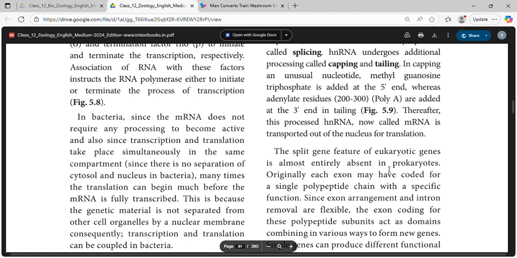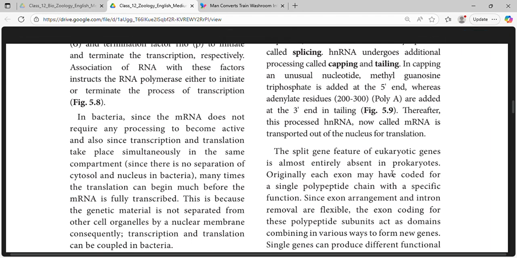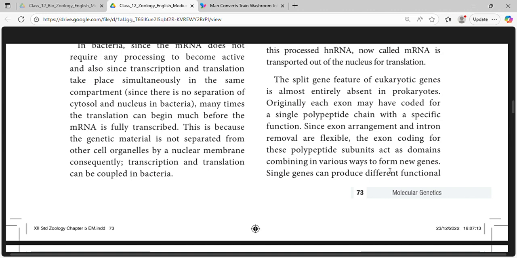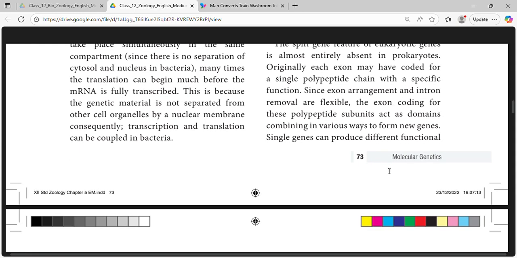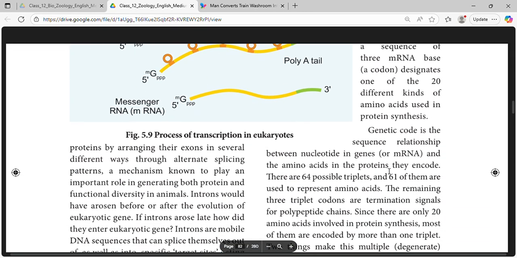The split gene feature of eukaryotic genes is almost entirely absent in prokaryotes. Originally, each exon may have coded for a single polypeptide chain with a specific function. Since exon arrangement and intron removal are flexible, the exons coding for these polypeptide subunits act as domains combining in various ways to form new genes. Single genes can produce different functional proteins by arranging their exons in several different ways through alternate splicing mechanisms, a mechanism known to play an important role in the generation of both protein and functional diversity in